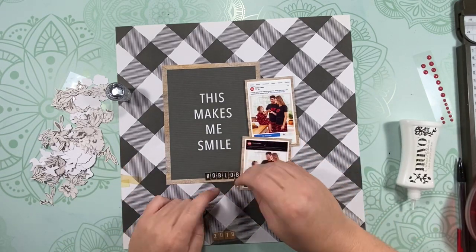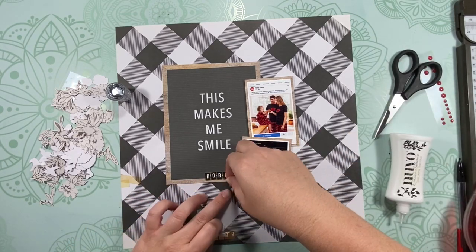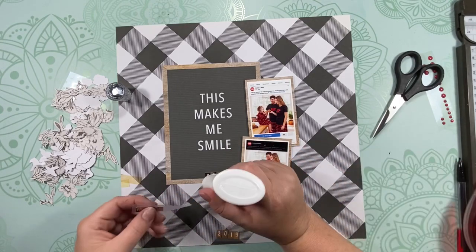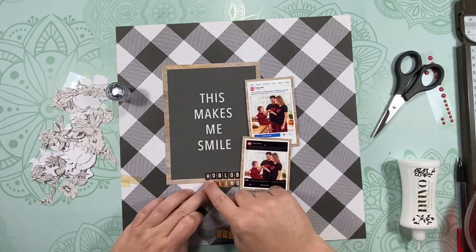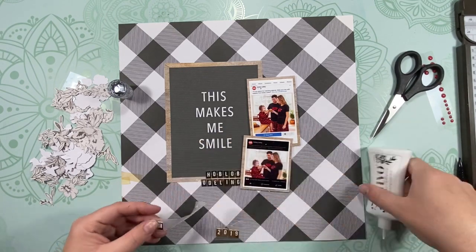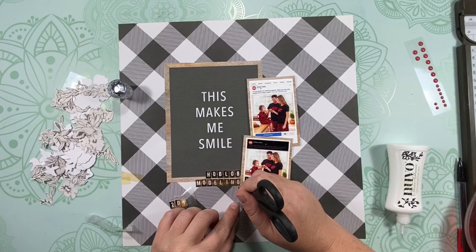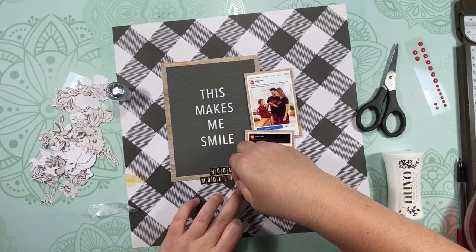I did ahead of time fussy cut all of this cream and black floral paper, so if you had to do it all at once, it would take a little bit longer because the fussy cutting does take a while. But I did that ahead of time, just knowing that I would want to use those florals, not necessarily for this specific layout, but I would want to use the florals as florals at some point. So I fussy cut them before I even started doing the whole series, and just kind of put them in a baggie and set them aside. So now, once I've got that whole subtitle right there,